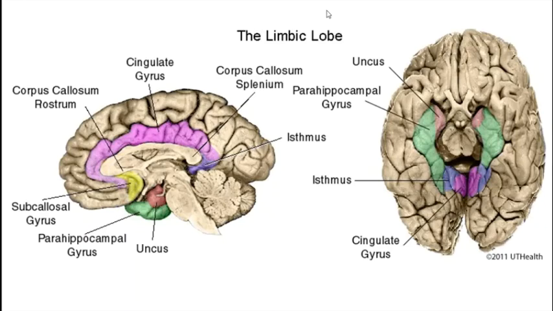So this is another lobe. Your concept of lobes is going to change a bit in our discussion ahead. This limbic lobe is going to constitute parts like the subcallosal gyrus, obviously under the corpus callosum, then the cingulate gyrus, proceeding behind the isthmus. And since the brainstem has not been separated here, you cannot see the further parts; if we remove the brainstem as well, so this was the cingulate gyrus, this was the isthmus, and this is the parahippocampal gyrus, and its anterior most ending, which hooks towards the inside, is called the uncus. These parts will be discussed again and again, so I want you to look at them and remember the names.